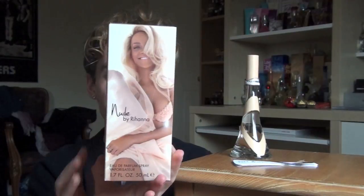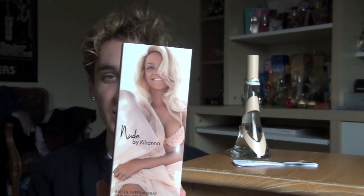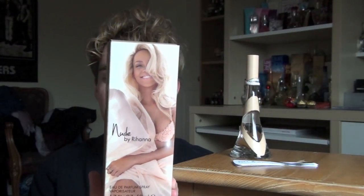So the first thing we're going to look at is the advertisement. One of my favorite things in life is when fragrance boxes come with the advertisement slide cover. I don't know why, it makes me so happy. So this is one of those magical boxes, and on the cover here we have the advertisement for Nude, and